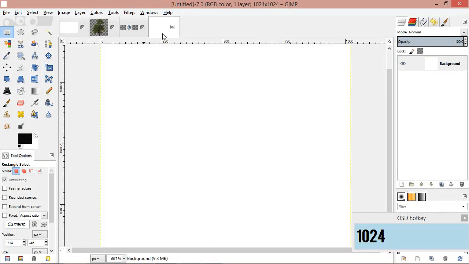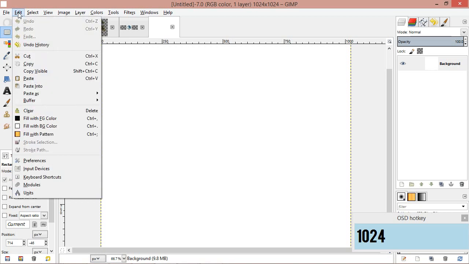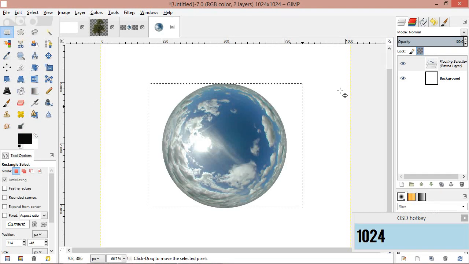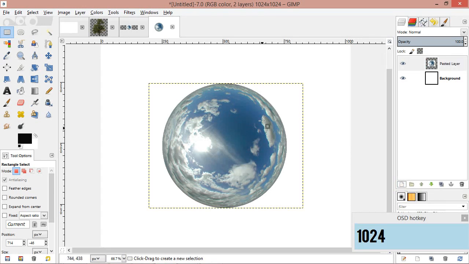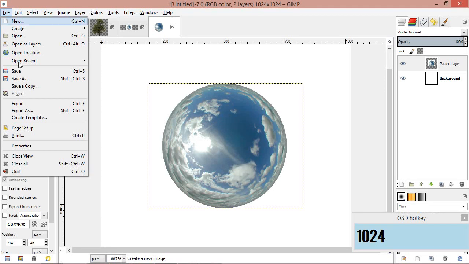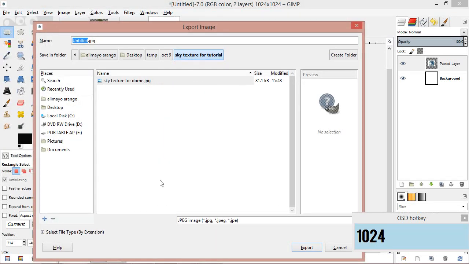this tab where we made our 1024 by 1024, which is the same as the Blender size that we need. Now we'll select Edit, Paste into, and then we'll click this new layer button. So now we have the image in here, and now that we have that, what we're going to do is hit select file, export as. We'll export this as a JPEG,